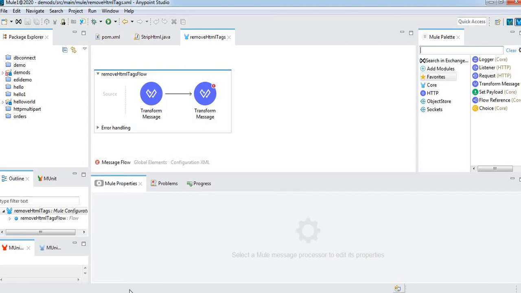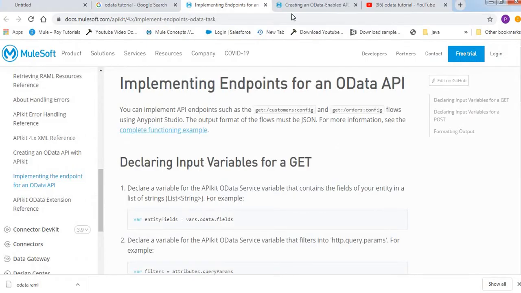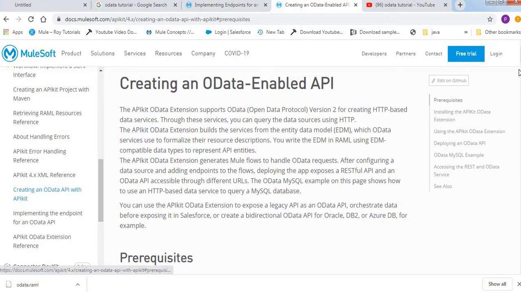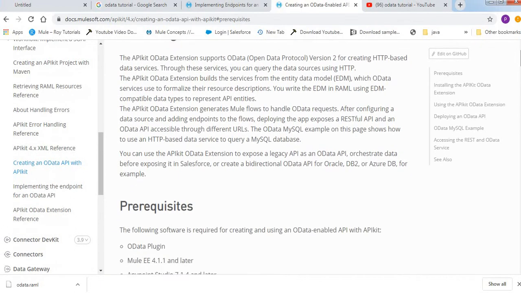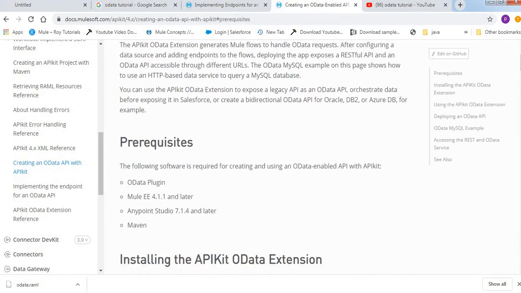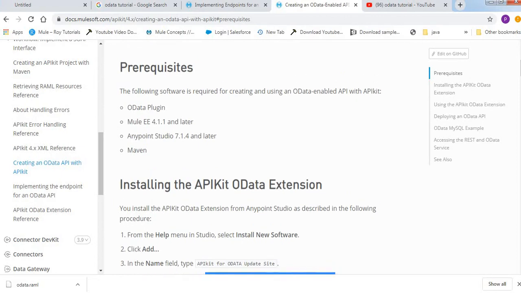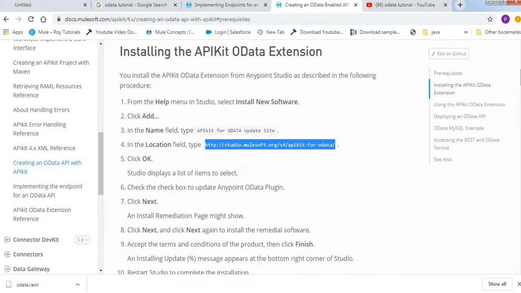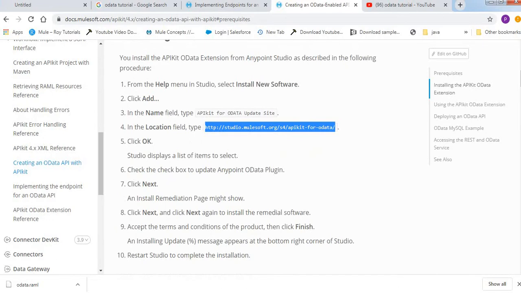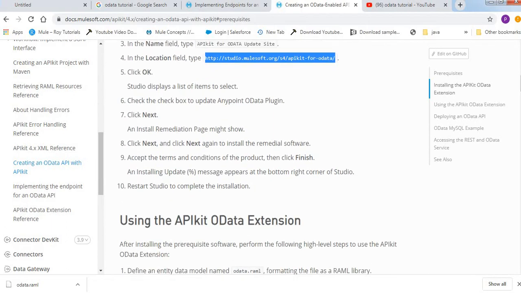We need to remember: first we install the OData plugin, and then with the OData.raml file we generate the OData APIkit, just like how we generate an APIkit router using a RAML file.